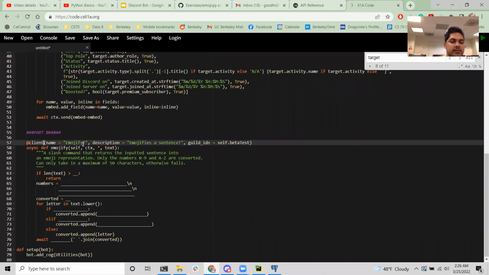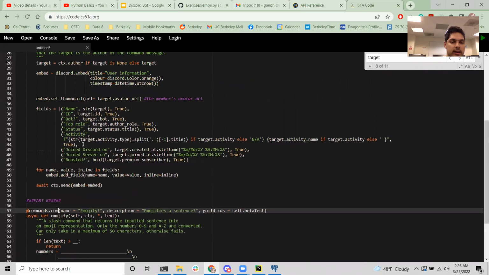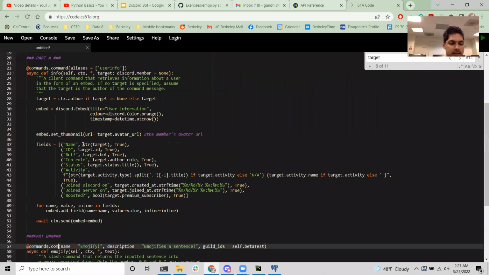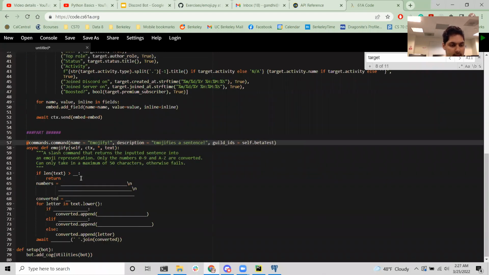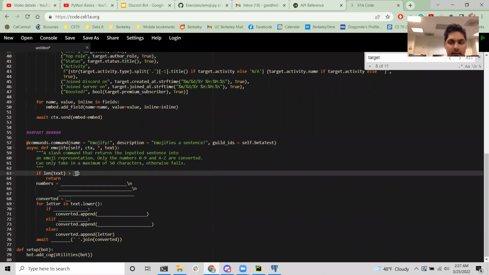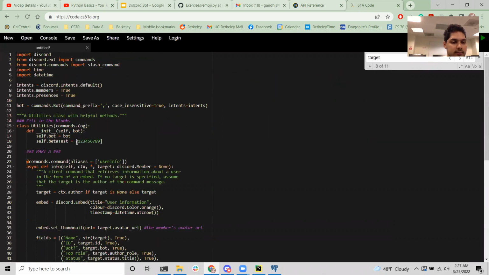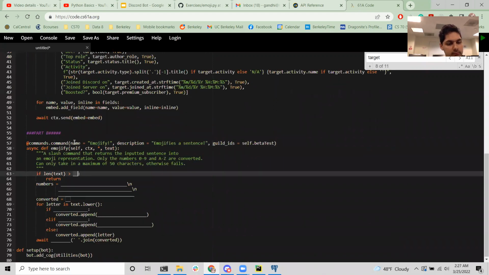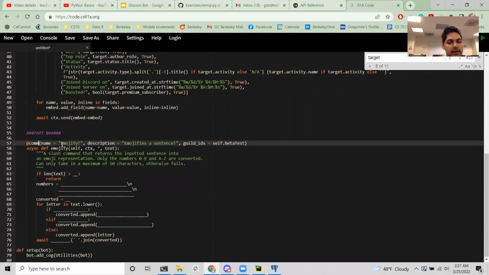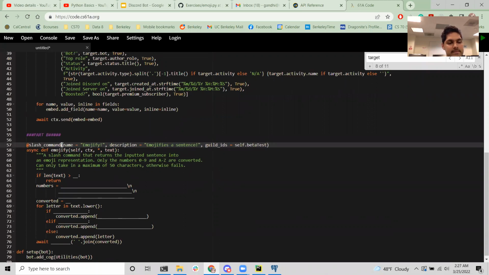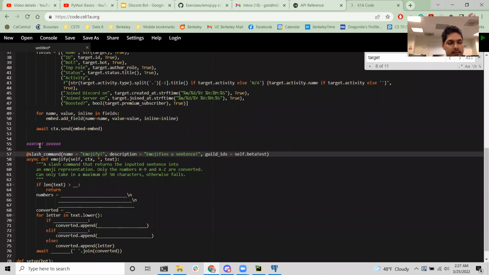So this is a command in our cog class, the utilities class. And okay, this is a slash command. I think that's why I had that there. I think it's slash dot slash command or something like that.